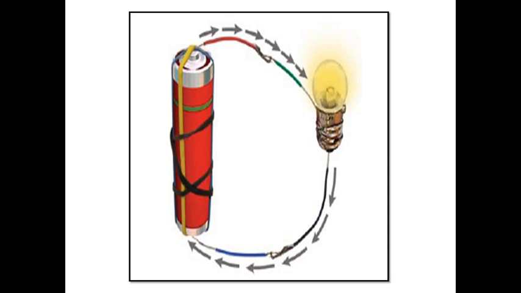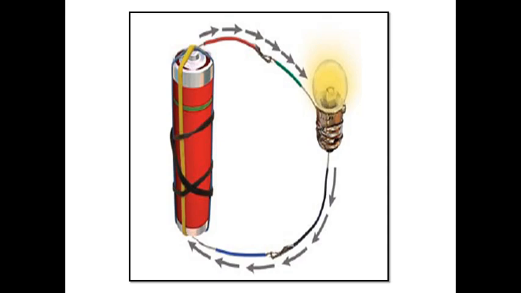When you connect the two ends of a cell to a bulb using copper wires or any wire, the bulb lights up. This is because you have provided a path for electric current to flow from the positive terminal of the battery to the negative terminal through the bulb. Such a path of an electric current is known as an electric circuit. Okay, understood? And when the circuit allows the flow of current, it is said to be a closed circuit, and the opposite is an open circuit.